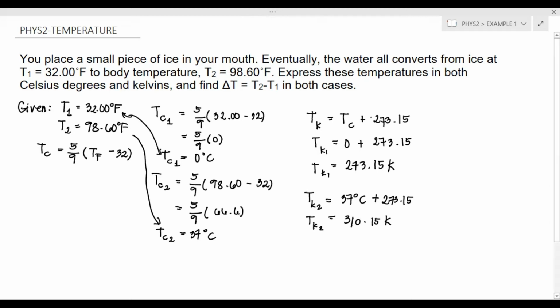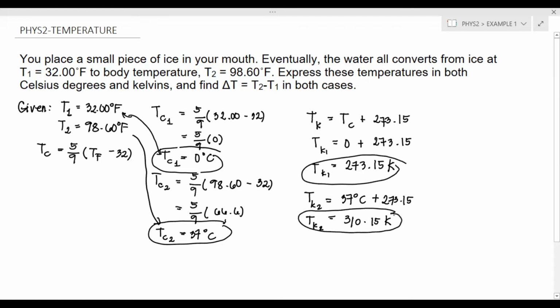Now take note that in order for you to convert the temperature from degree Fahrenheit to Kelvin, you have to convert it first to degrees Celsius, because our formula for Kelvin is your temperature in degrees Celsius plus 273.15. Now, since we have temperatures in degrees Celsius and temperatures in kelvins,